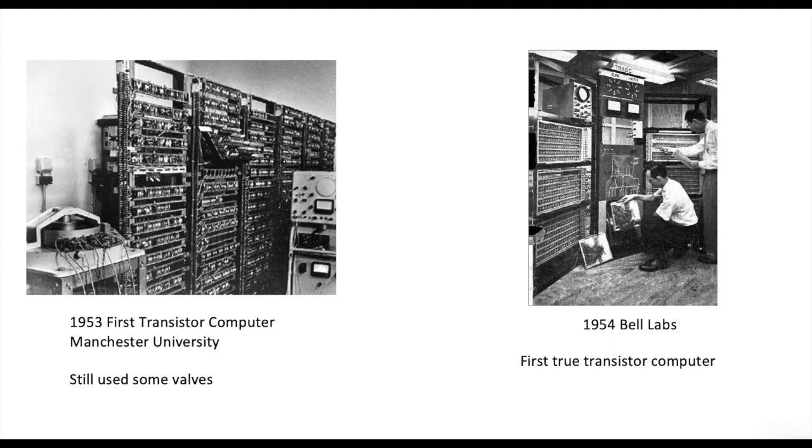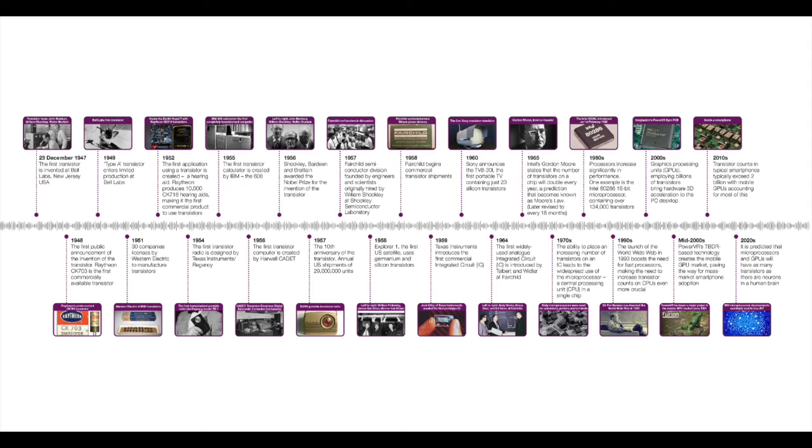So as transistors came on the scene, everybody wanted to build the first transistor computer, and Tom Kilburn at Manchester University in 1953 led the way with the first transistor computer, but it still used a number of valves. That basically meant that Bell Labs' own Tradic computer in 1954 was the first fully transistorized computer. And then IBM came on the scene and all sorts of other companies, and eventually things grew and grew and grew. And even though amplification may have driven the transistor's invention, computer scientists quickly realized its importance as a